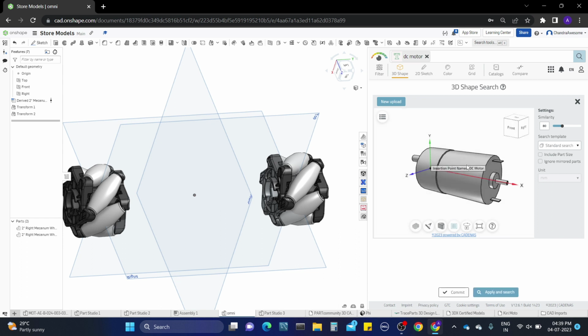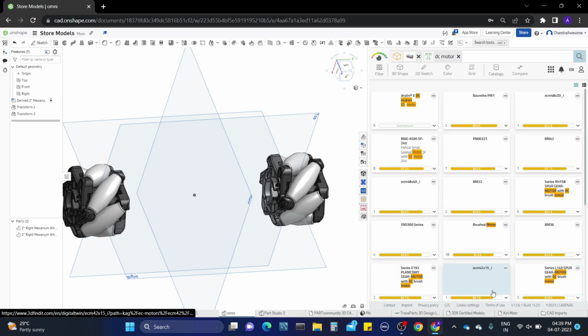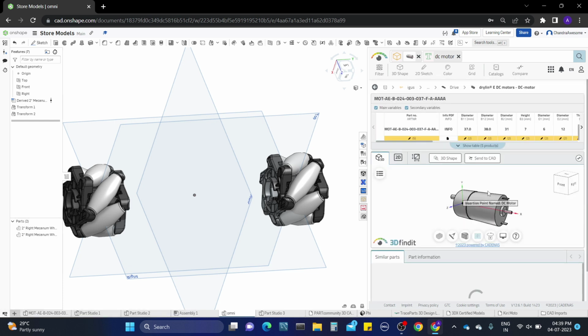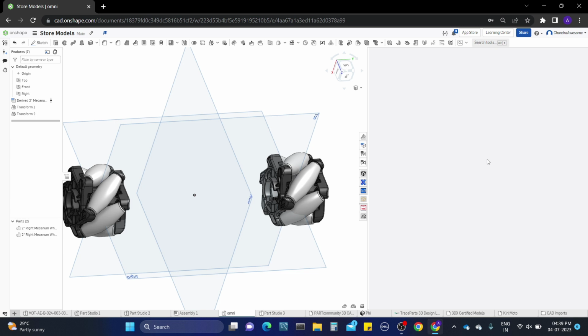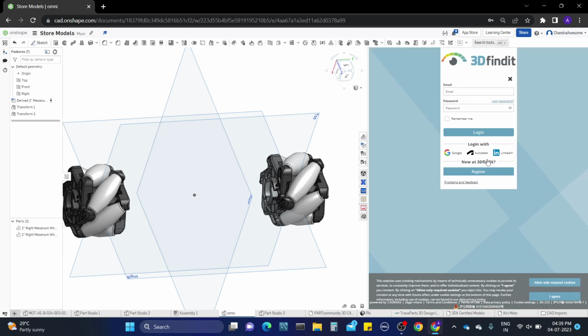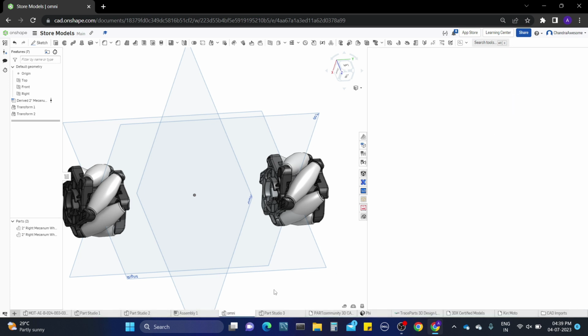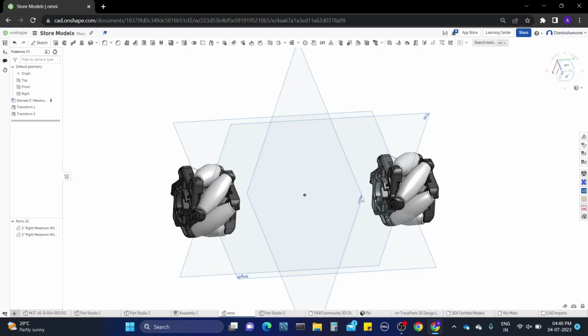See, okay, not this. Let's come back again. Let's select again, and it's asking for the 3D shape, right? Click on it. So when I click on it, it's loading. Sorry, it's asking for the login details. I don't want to log in now. I'm going to use another library. Even it also works guys, but we need to log in. So I'm going to select another